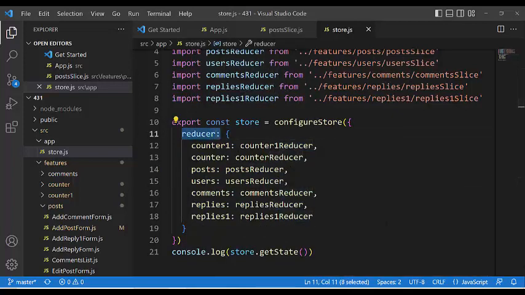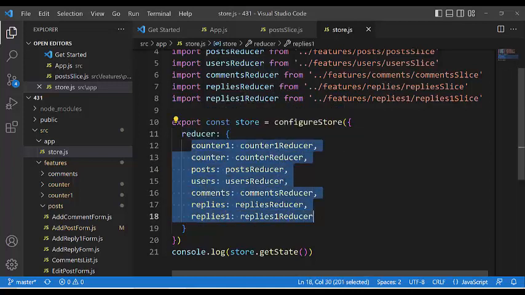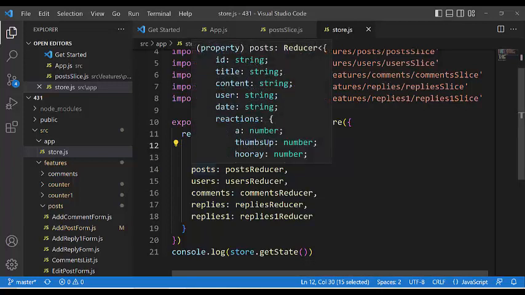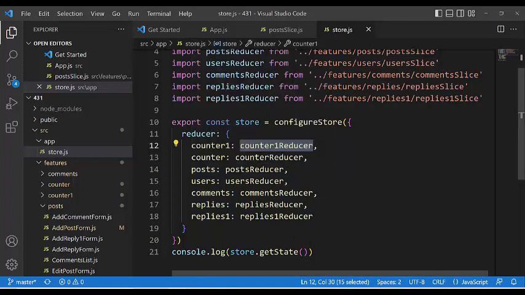It is combined. There is a combined reducer, and combined reducer is a combination of these reducers, but every one can be combined from other reducers, and this post reducer leads us